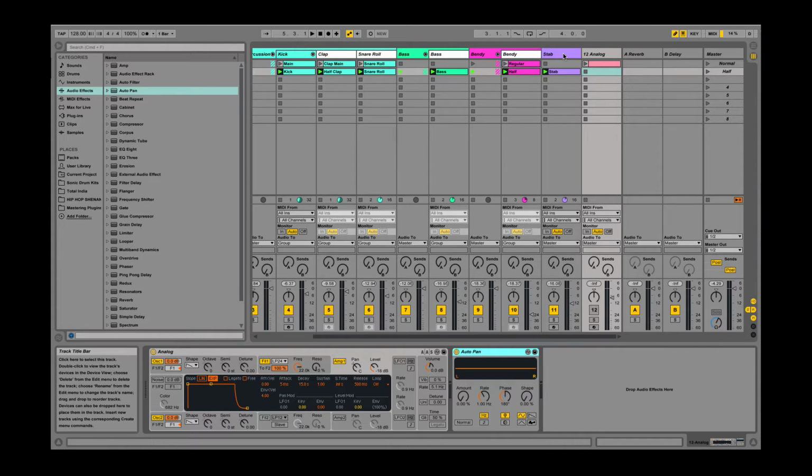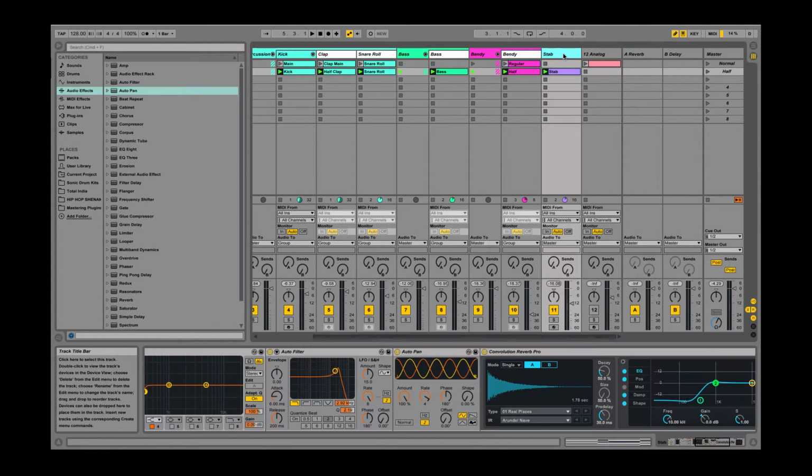I want to show how I would use the auto pan with a specific sound, because a lot of the time I use the auto pan for making hypnotic stuff and flowing it into the background. For example, I have it on here, and I'm also using it with the auto filter, which is also panning, but together they make an interesting sound. So just to show you,